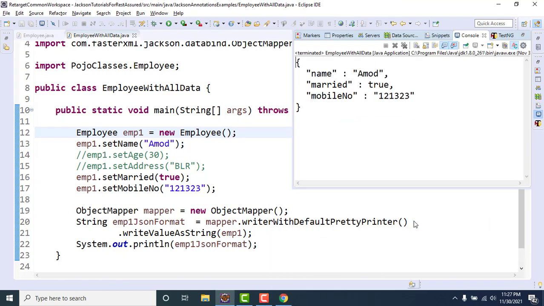What you can see is that we have the name, married, and mobile number, right? The age and address fields are removed. So we can use the JsonInclude annotation and set the value for which values you want to put in the JSON.